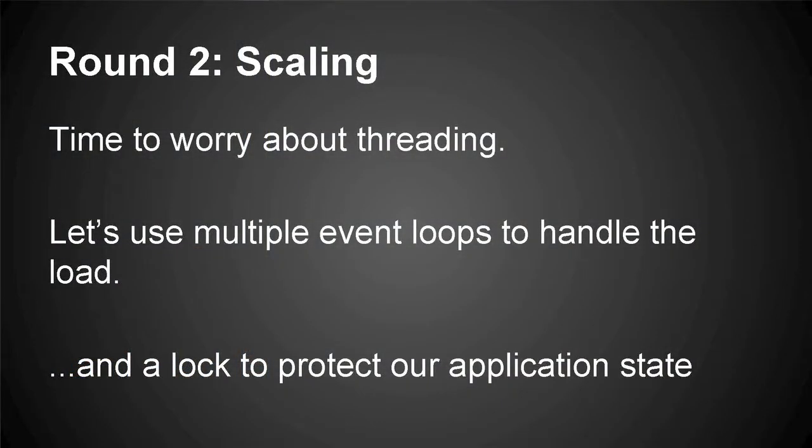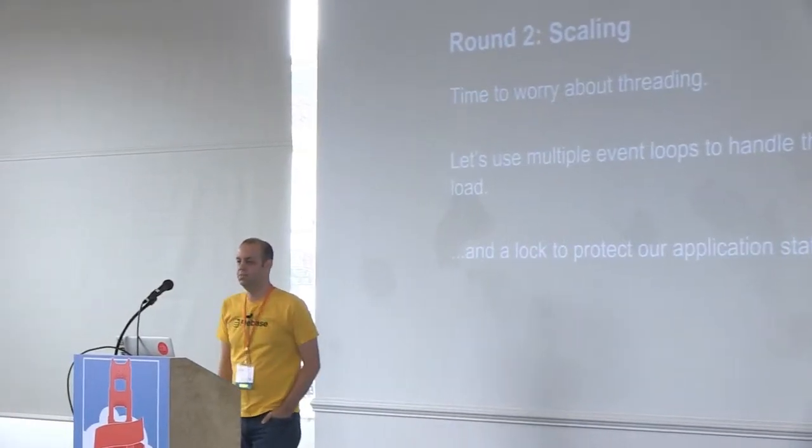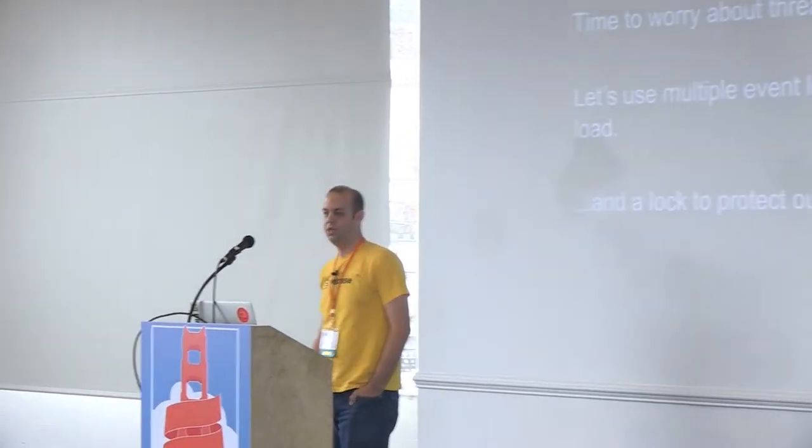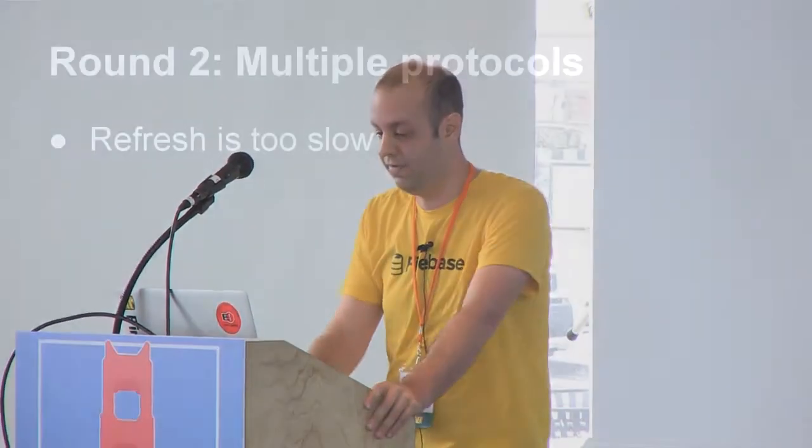So we're, for now, going to use a lock just around our application state. We'll get a request coming in. It'll block on the lock for the application. It will do what it needs to do, either just update the read counter and grab the state, or update the write counter and grab the state. This is not ideal, but it's progress, and should be able to handle the traffic.